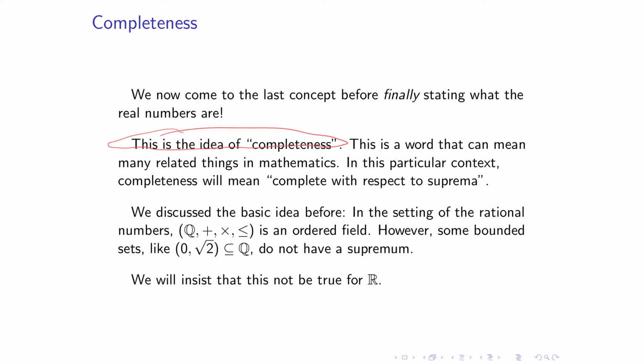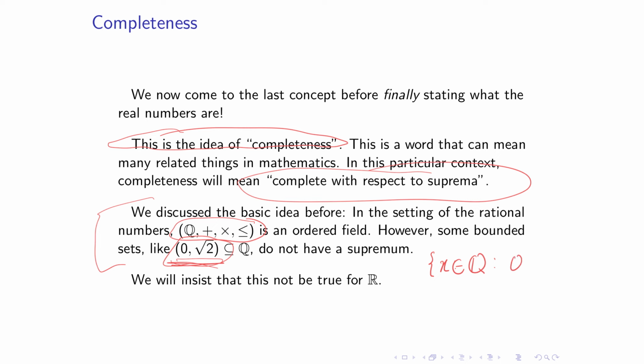And there are many versions of what completeness can mean in different mathematical settings. Here we're talking about completeness with respect to suprema. So just to give a quick review, we talked before about how if you were to work with the ordered field of the rational numbers, there will be some sets like this one. Here I'm using the notation of the interval from 0 to square root 2, which can be written without the use of square root 2. If you don't like that, I'll just go ahead and describe that as the set of all x in the rationals such that